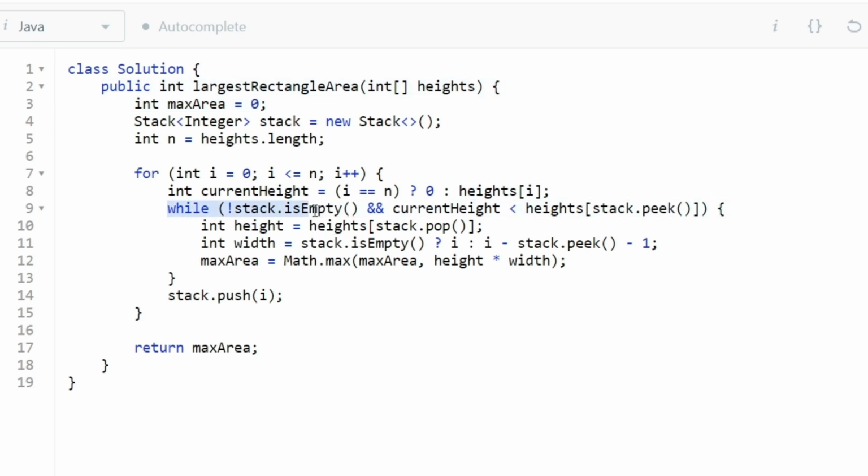Now we have our while loop where we check that while the given stack is not empty and the current height that we have been able to identify for any given ith element is less than the current height that is already present inside the very first element of the stack, then we will have to calculate the area for that, where we simply calculate the height by popping the element out of the stack, and then we